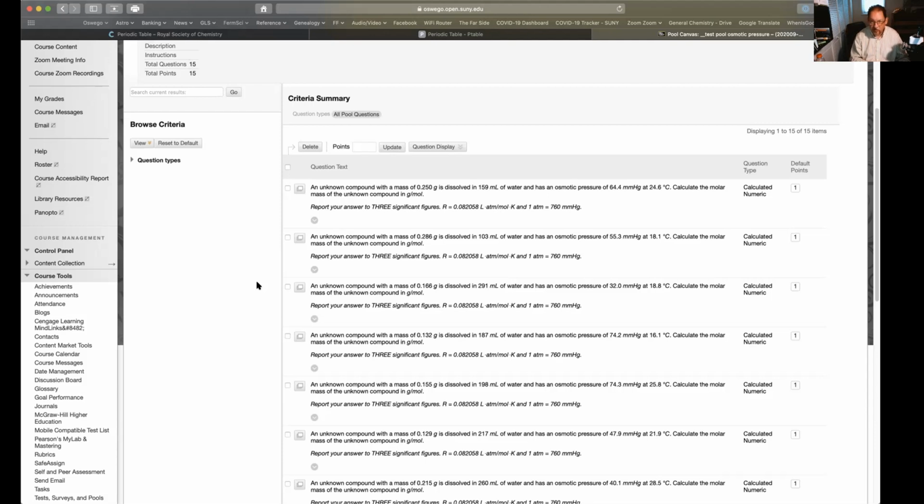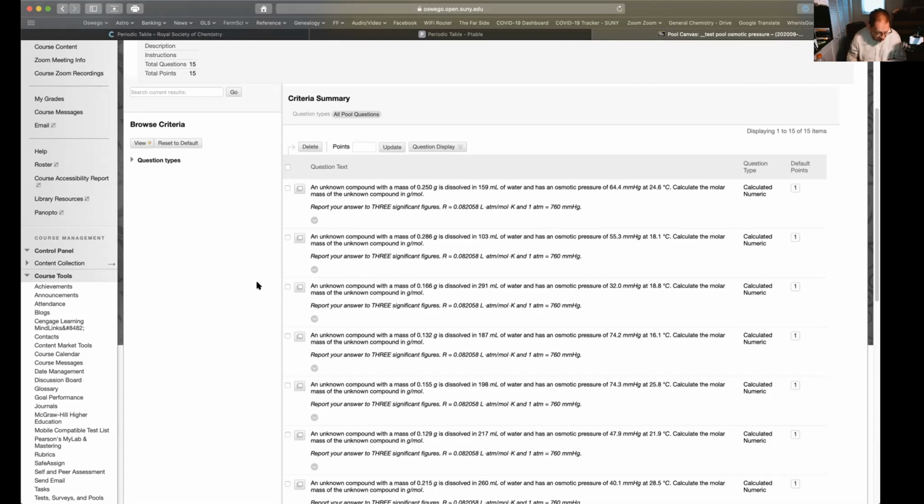The temperature is 24.6 plus 273.15. Then I divide by the volume in liters, which is 0.159, and then divide by the osmotic pressure in atmospheres. So we divide by 64.4, multiply by 760, and I get an answer to 3 significant figures